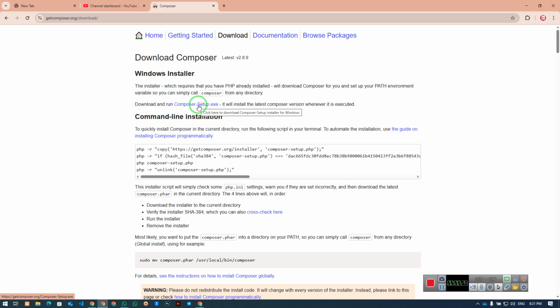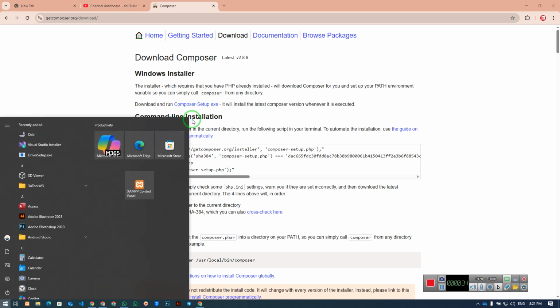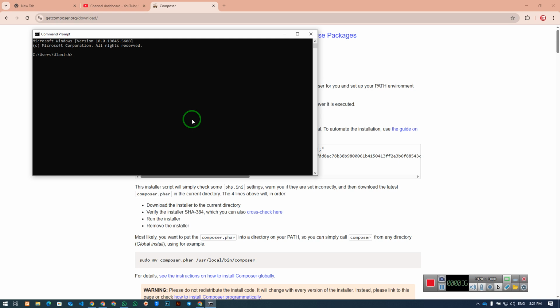Once you are done, install it and then open your command prompt, cmd, and cd to your desktop. So here's the desktop. After cd in desktop, just write composer create-project